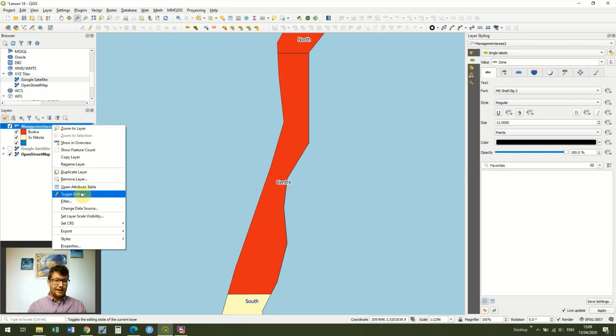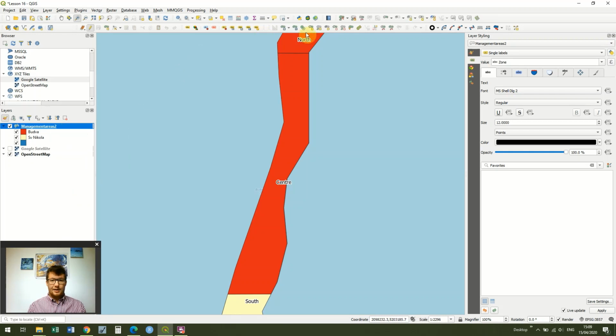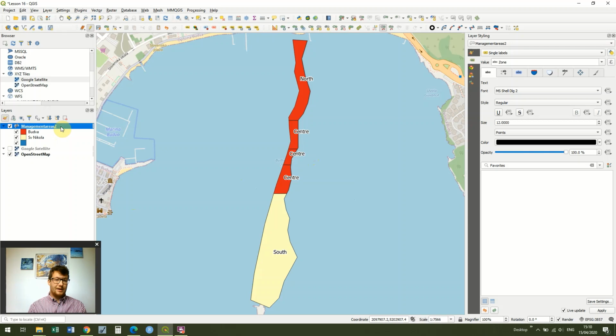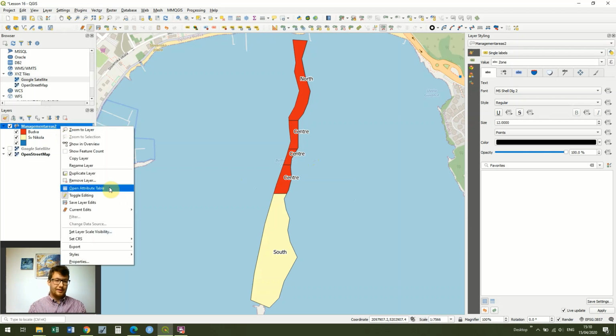We right click, we toggle editing, or we can use the pencil here, and then we go to our multicolored potato with the split features. This time we're going to draw 3 lines, 1, 2, 3, to represent the area which needs to be removed. And then we can right click, and you'll see we've now got 3 central sections, so each one's got its own center marking. If we go into the attribute table, so right click on the layer and go to open attribute table,